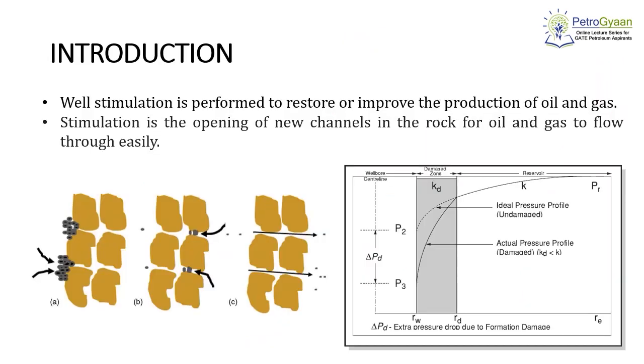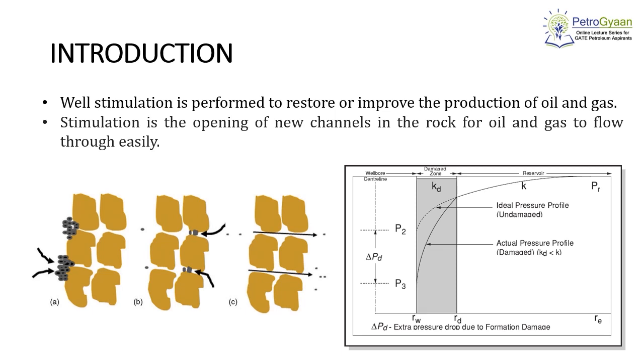By technical definition, well stimulation is performed to restore or improve the production of oil and gas. Now if we compare the well to a patient, and if the well is not flowing at its optimum potential, then there are two types of problem we can identify, either mechanical problem or reservoir related problem. If it is a mechanical problem, then we have a technique called workover operation, in which we remove the equipment from the wellbore, repair it and lower it again, and the well will be okay. But if the problem is with the reservoir, then we need to alter or change the reservoir properties.